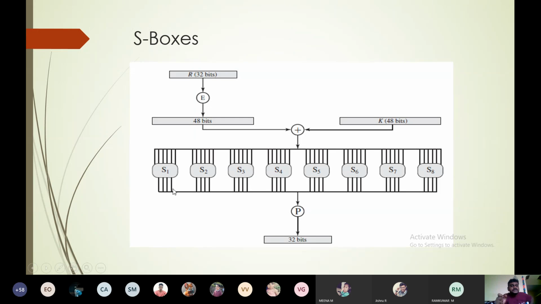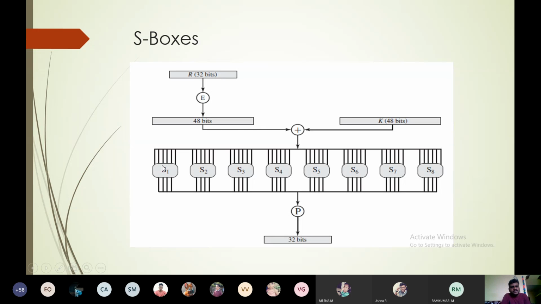How is the 6 input converted into 4 outputs? The first bit and the sixth bit of every S box are the row bits, and the remaining 4 are column bits. I can delete the row bits, that is the first and last bit. After deletion of these 2 bits, the remainder is 4 bits. The same thing happens in all 8 S boxes.